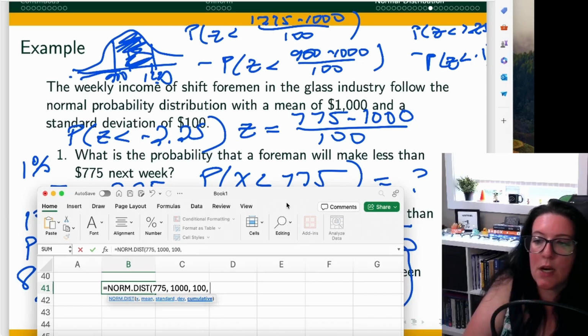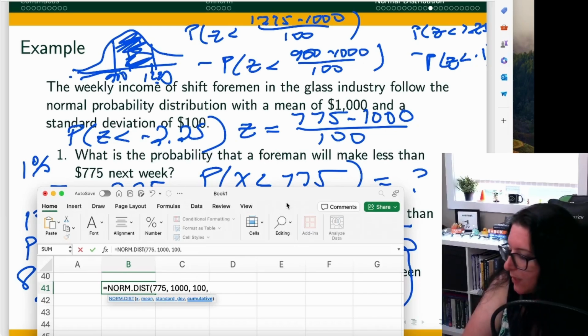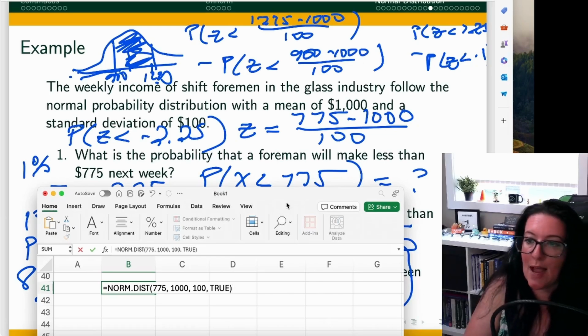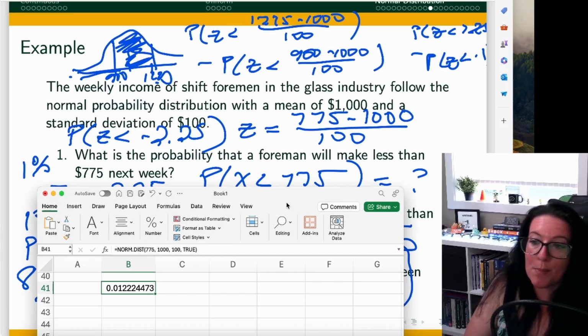Now, the kicker here is that you need to deal with it the same way you deal with the standard normal table, which is we want to get all the information to the left. So the last piece says cumulative, do true, and it will give you the probability of less than 775, which for this particular question is great because that's exactly what we want. So notice here, the probability that a foreman will make less than 775 next week is about 1%, just like